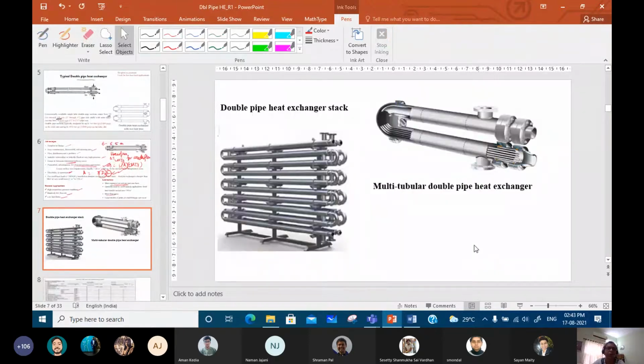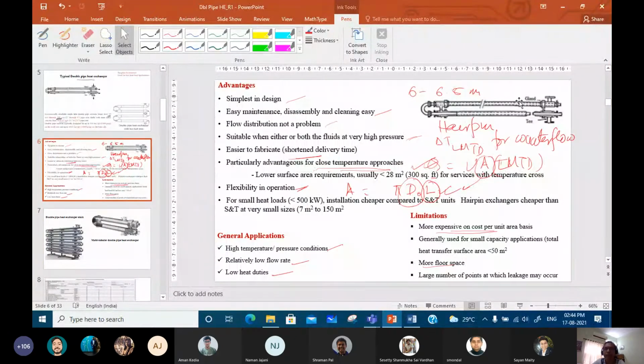Usually what we do is the inner pipe is connected by return bends and that forms the hairpins, and generally the outer pipe is connected to the straight sections. Then in that case, what happens, we definitely lose this part. The U bend does not take part in the heat transfer process, but by this arrangement there is